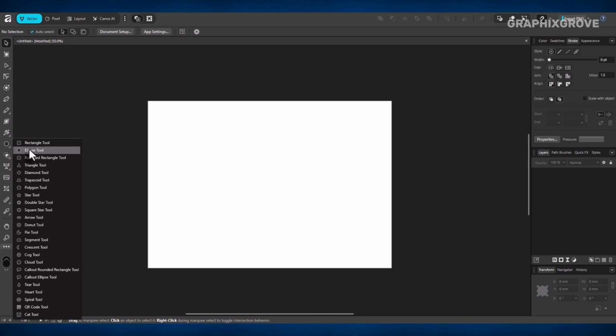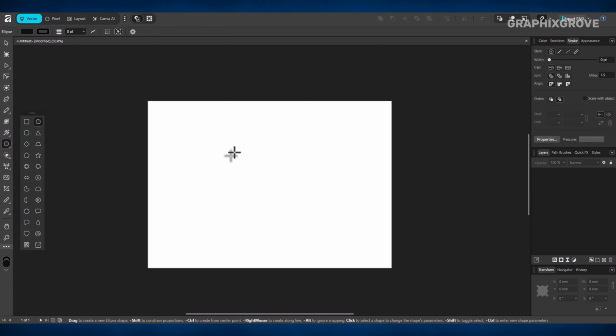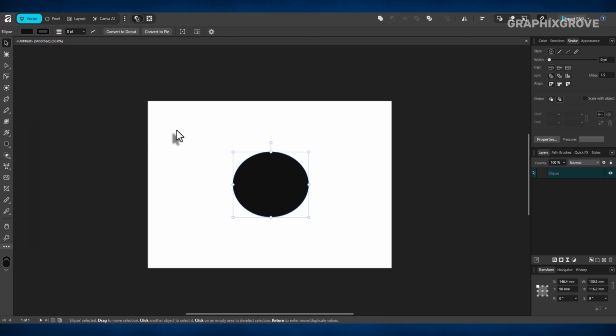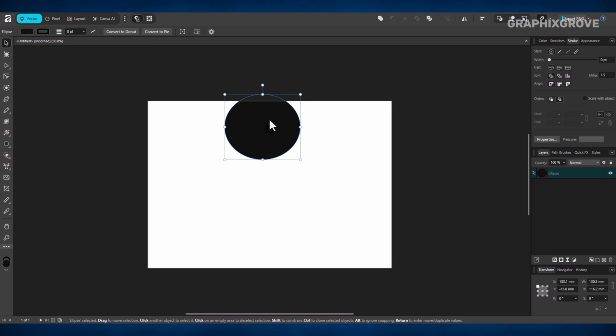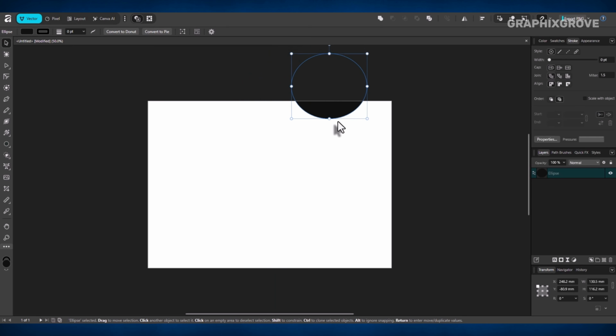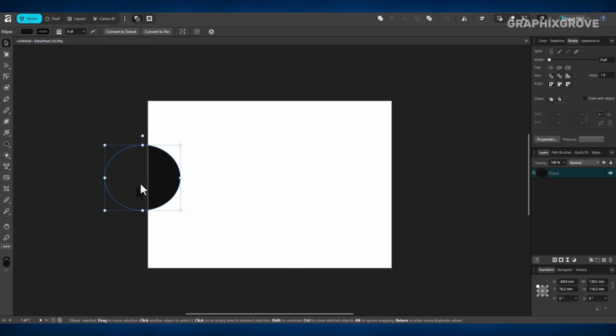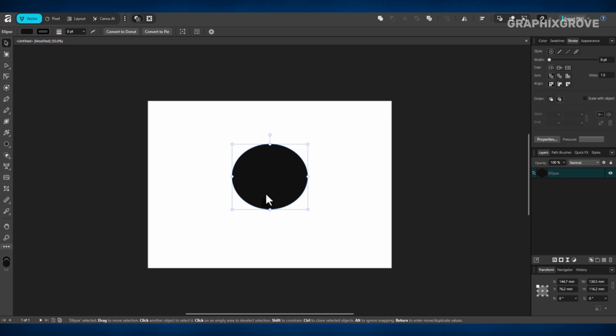A circle shape works well for this demonstration, but anything is fine. Add a color so the edges stand out. Now drag the shape past the canvas border. The visible part stays inside the canvas and the rest disappears from view. That behavior creates a clean preview of the final layout, though it can feel limiting when you want room to